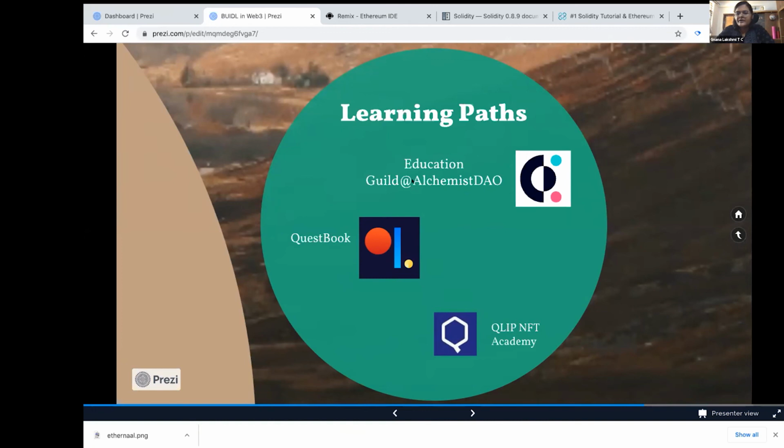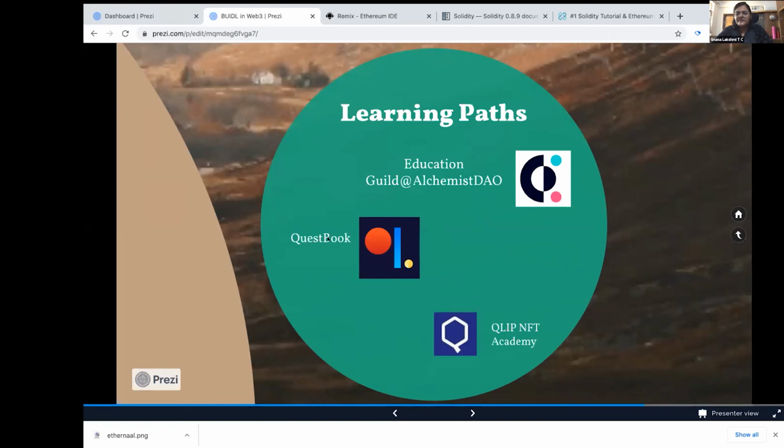To be a part of this DAO, you just need one CQT, which is close to $1.3 right now, I believe. So you just need one CQT in your MetaMask wallet, and you can be a part of this DAO. You can join any guild, specifically the Education Guild, and you can get bounties to write articles, to learn about things, to build tutorials, etc. So this is a good way to learn and also express yourself, and also a good way to build your own profile in the Web3 space.